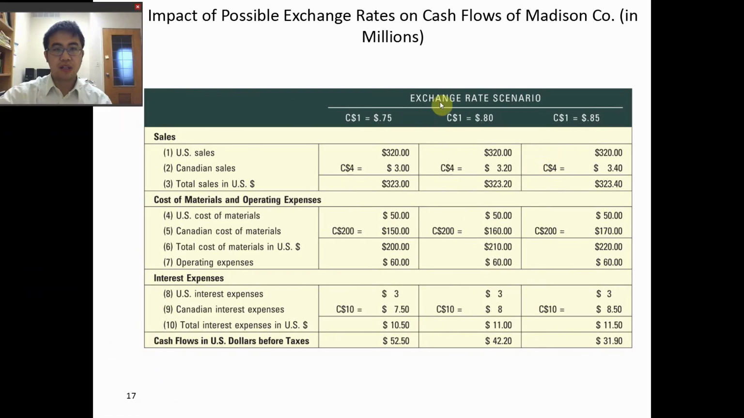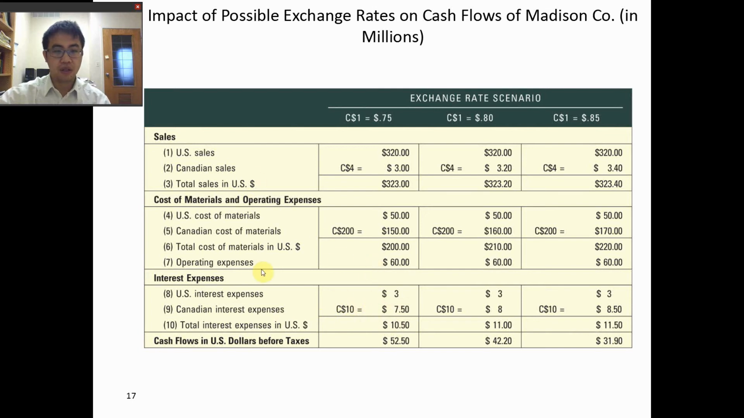So you can see that the Canadian dollar can be $0.75, and that makes the sale of 4 there to be 3 US dollar, and 200 Canadian dollar to be 150 US dollar. 10 Canadian dollar can be converted to 7.5 dollar. So based on the U.S. sales, U.S. costs, and U.S. interest expenses, as well as the Canadian sales, Canadian cost, and the Canadian interest expenses, you can combine them all